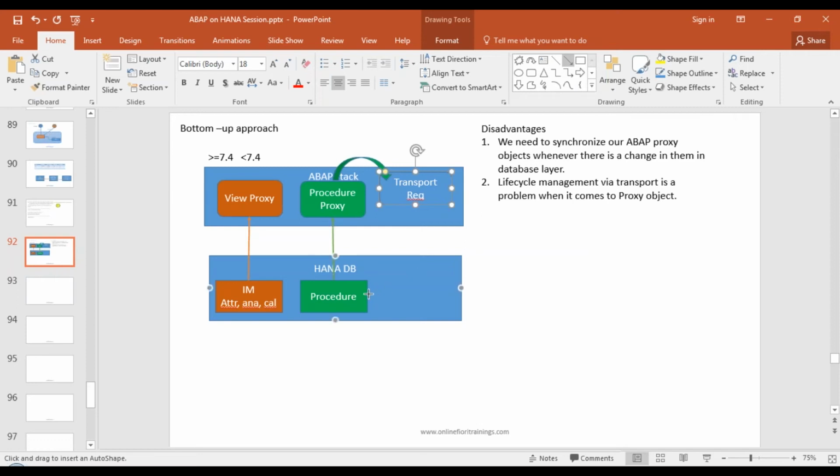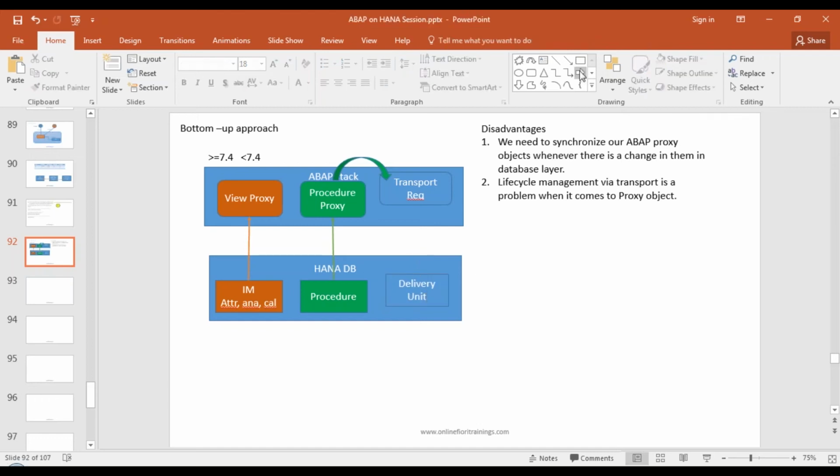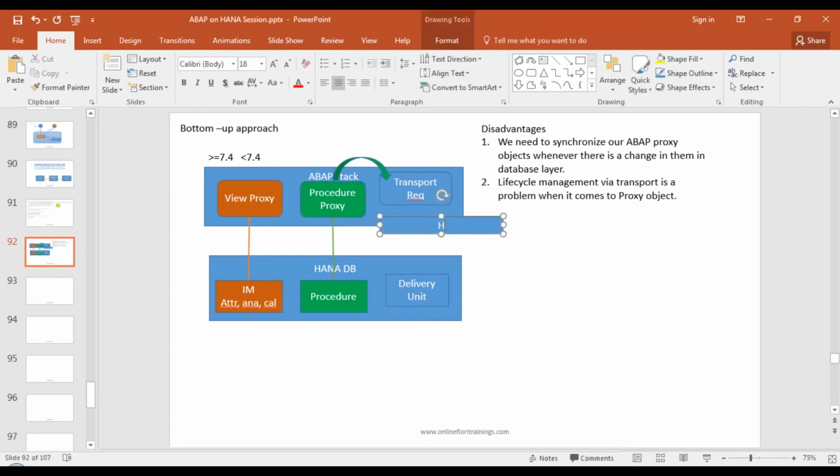So in database, we basically create a delivery unit in HANA DB. A delivery unit is like a transport in ABAP. So we create a delivery unit here, and with this delivery unit, we can create in your ABAP system a new type of artifact called HANA transport container.